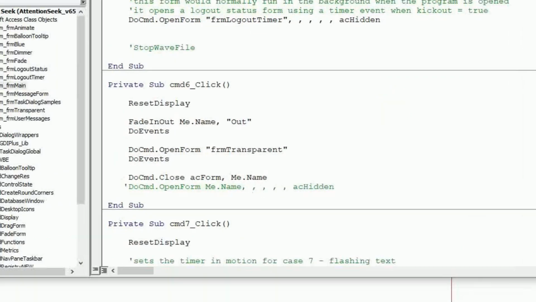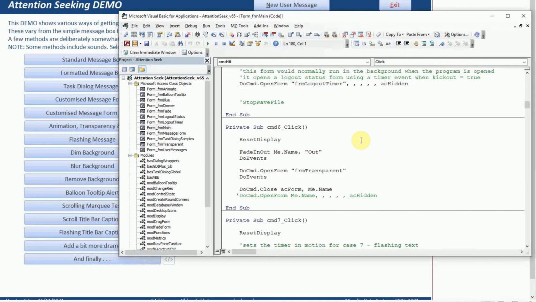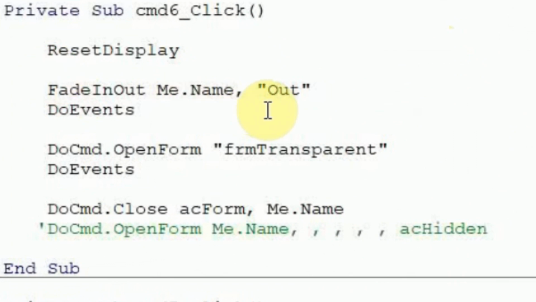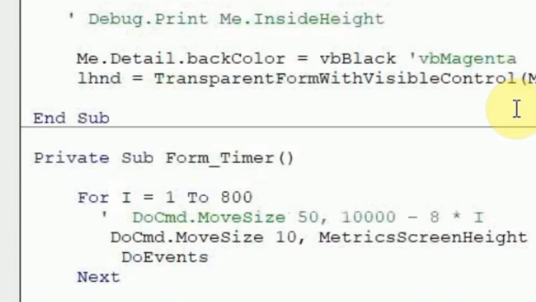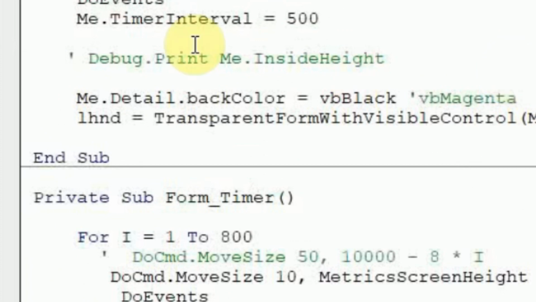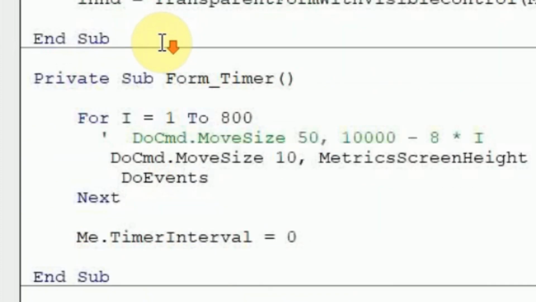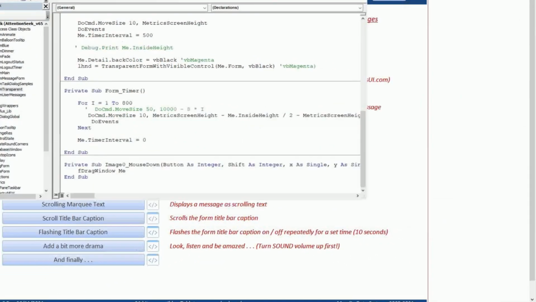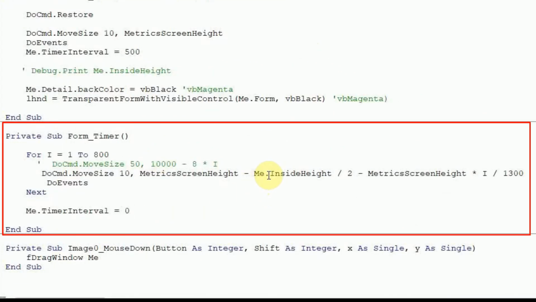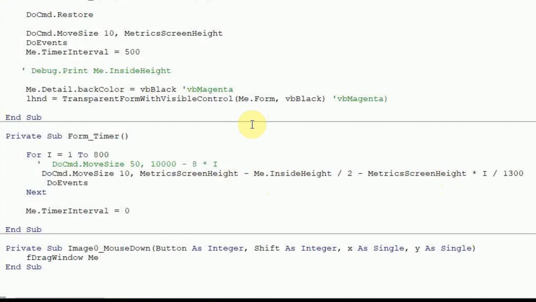With the animation one then, remember the dog coming up on the screen there, I faded the main menu out, I opened the transparent form, and when I open the transparent form, all I'm doing with that is telling it where to start off, the initial position, and then on a timer event I'm moving that across, up, until it gets to a certain endpoint, and then I'm stopping it when I reach where I want to.